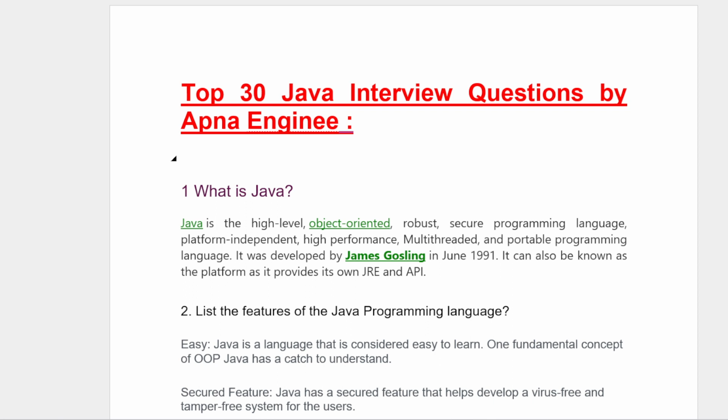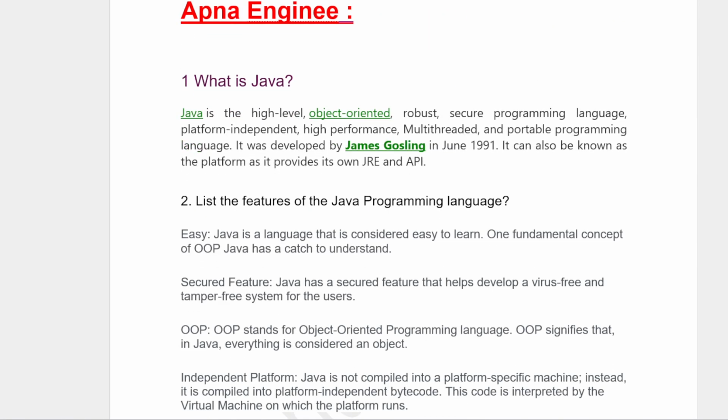So let's talk about the next question: what are the features of the Java programming language? The reasons behind the use of the Java programming language. The first is that it's simple, it's easy to understand. Next is OOPS concepts. It's an object oriented programming language. In Java, you know that everything is considered as an object, but please try to understand Java is not 100% object oriented language because of primitive data types.